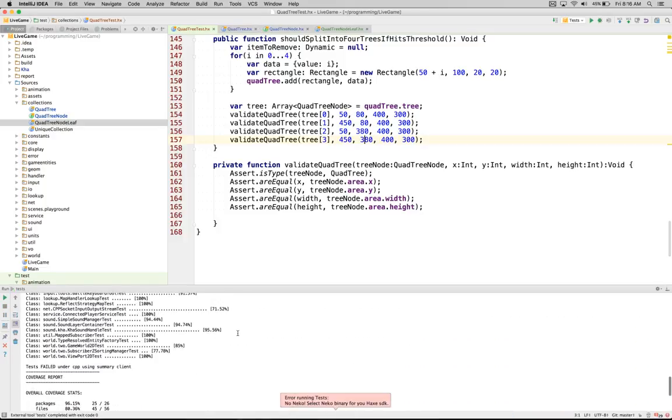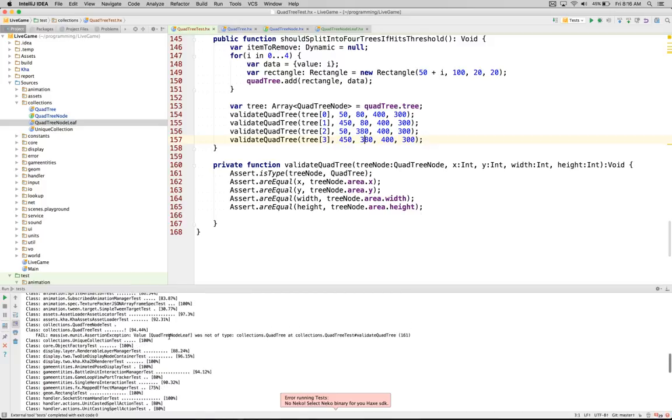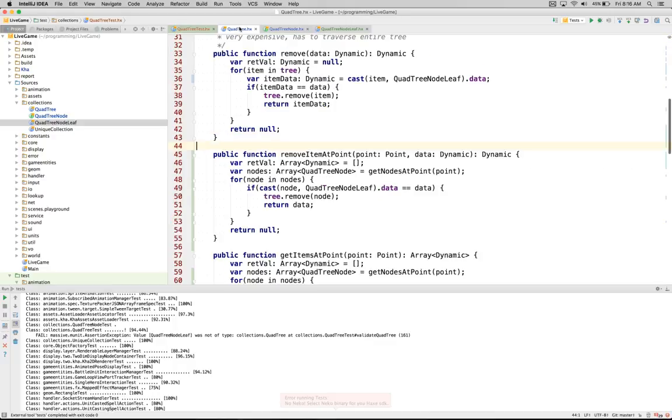There we go. One major failure. It's not a quad tree. Let's see here. 9161 is not a quad tree. Okay, so